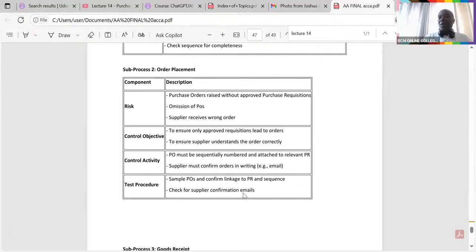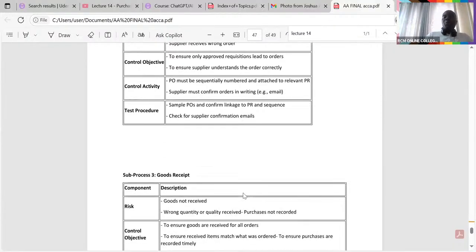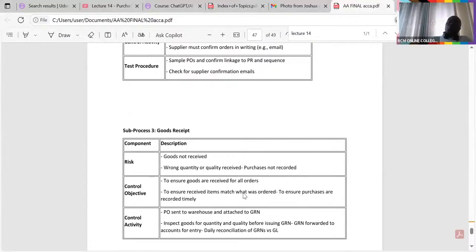So the samples you have taken, just get to know the suppliers' names and read their emails. Remember, as an auditor, I'm given access to information that I want. So I'm just trying to test here. I'm bringing in my audit procedures. So we go to sub-process number 3. When we receive goods, in this case when we have this concept of goods receipts, there could be so many things that can go wrong. You may book like you have received goods, but in essence, you only got cartons.